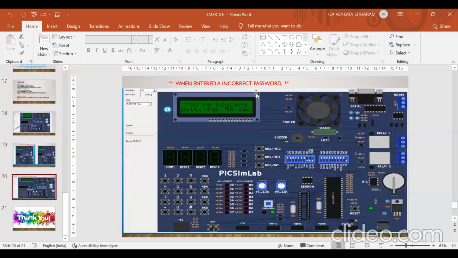Now we go and upload that code in PICSimLab. This is the code. We have car_black_box main.c, main.h, and the EEPROM files. We have done the code. Now we will upload it to the simulator. Now I am building the code. I got no errors. Now I will upload it to PICSimLab.